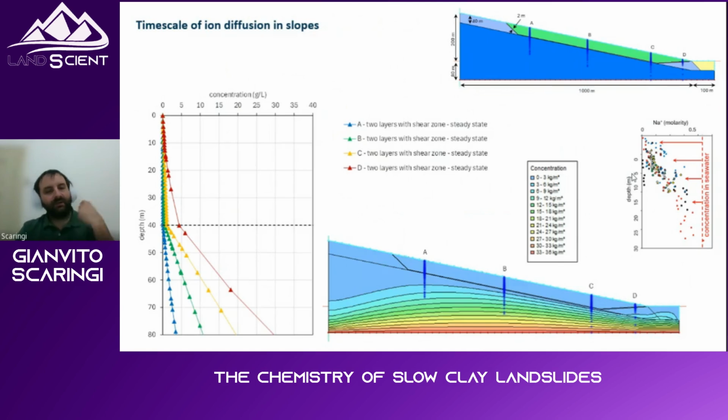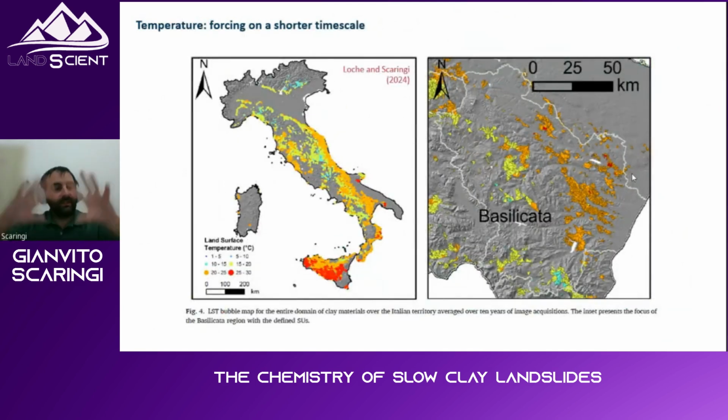But now, to reconnect to the topic, I want to make a little change of topic in the last minute, to the topic of my colleague Marco Locke. There are other things that can explain seasonality in landslides in gentle clay slopes. And one of these things is, of course, rainfall, the patterns of pore water pressure, but that's not enough, because even temperature can be responsible for a seasonality